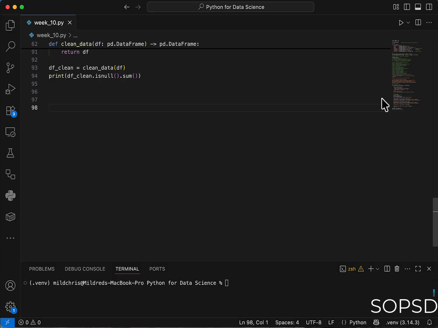In this lesson, we are going to continue with our workflow automation and we are going to create a function that will serve as a pipeline runner and also implement logging. Now, we chain functions together. The pipeline runner is like the conductor that calls each step in the correct order and it will log what happens at each stage. Now, logging is not optional, it's something that you have to do, especially in a production environment. You need to have a paper trail of every transformation the data went through. And so that's what we are going to do in this second function, which will serve as our second step